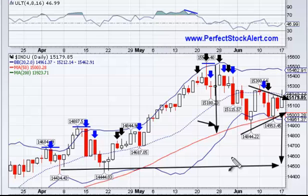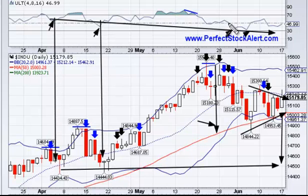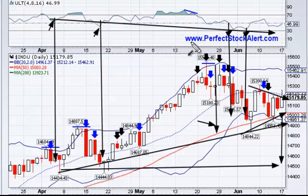Another way to anticipate that, or the way I view it, would be looking at the actual ultimate oscillator, the momentum. You get this low point here, lower low here, as well as here and here. This is a positive reversal. You see it drawn like that, and you can see the low points corresponding here, and then higher, and then higher, and higher, and so forth. Basically, you can see this is trending up here by price activity and down on the ultimate oscillator, the momentum indication there. What that calls for is a bounce, but just a bounce, and so this bounce here is justified